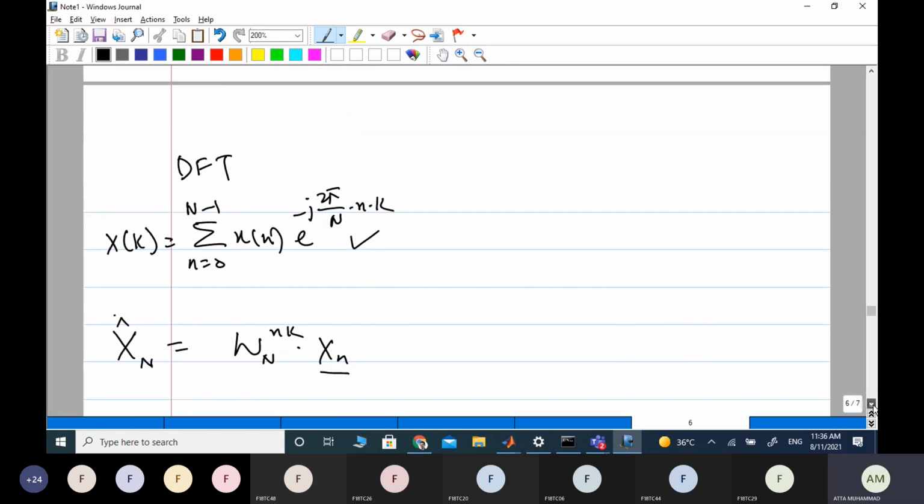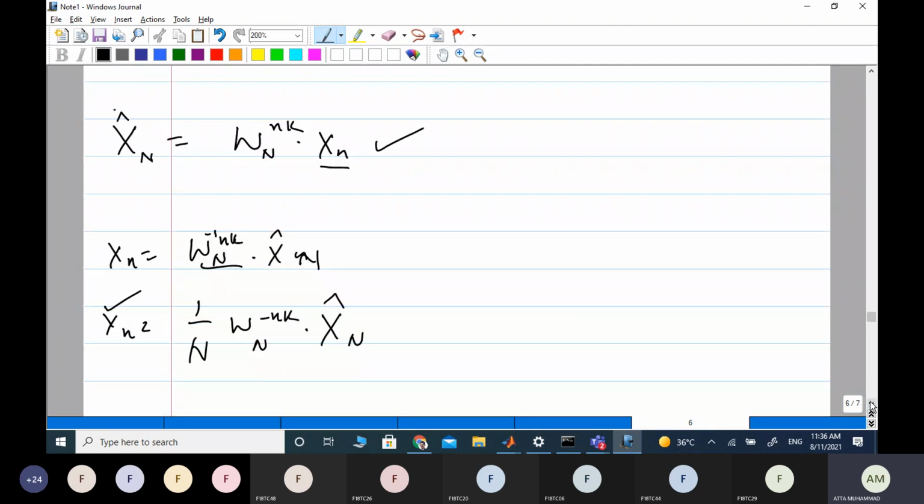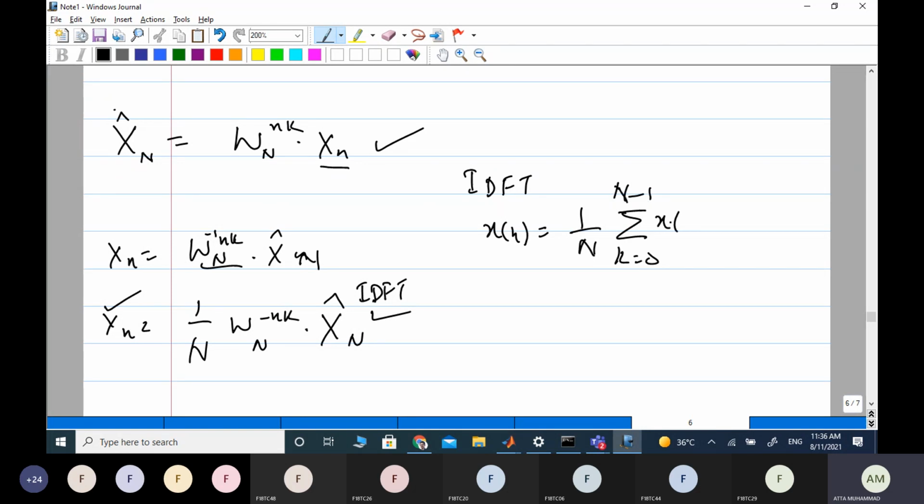Now you can use this formula, matrix multiplication formula or equation, to compute DFT, or you can use this matrix formula. In order to compute the inverse using matrix formula, you have to use this for IDFT, or if you compute IDFT by equation, then x of n is equal to 1 over n summation k from 0 to n minus 1 capital X of k e to the power 2 pi by n times nk, right? So this is how you compute the DFT.